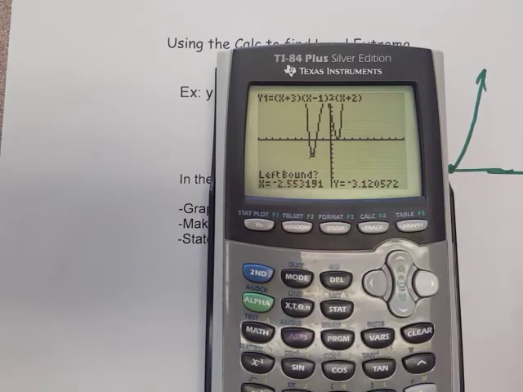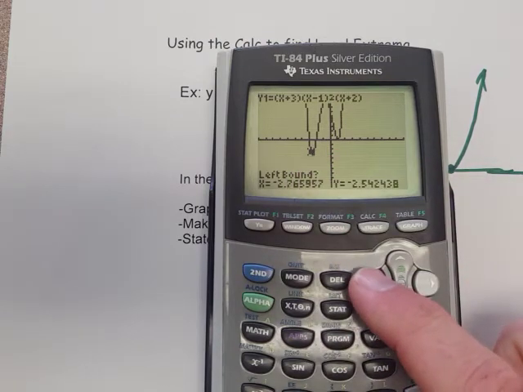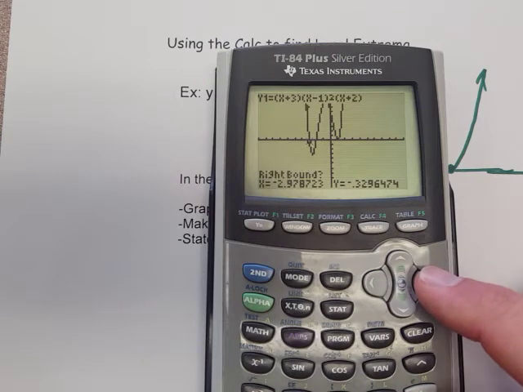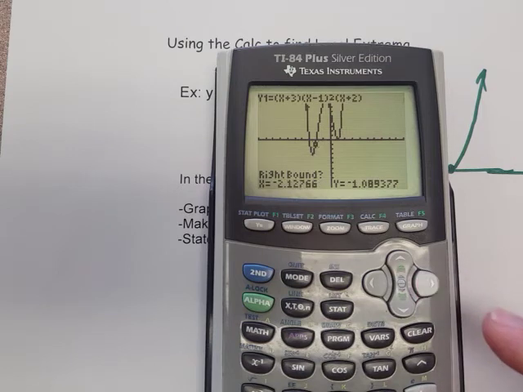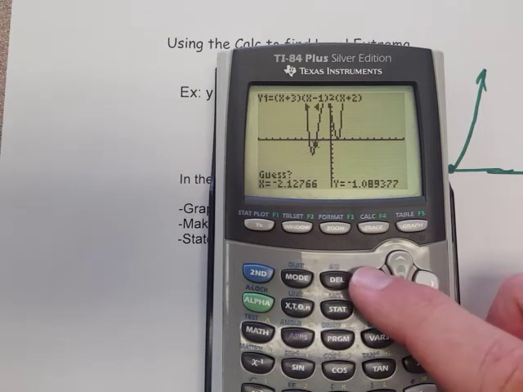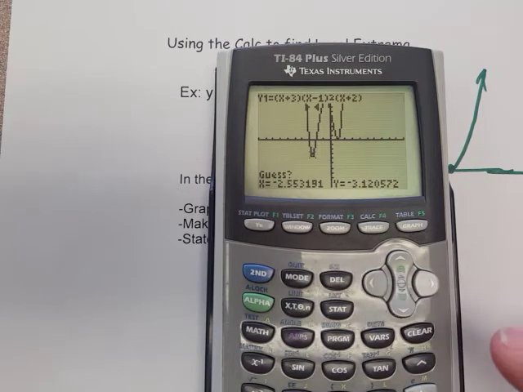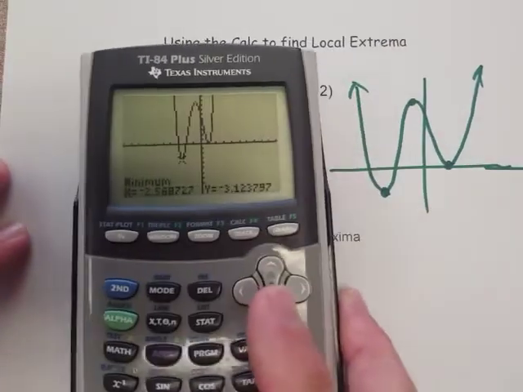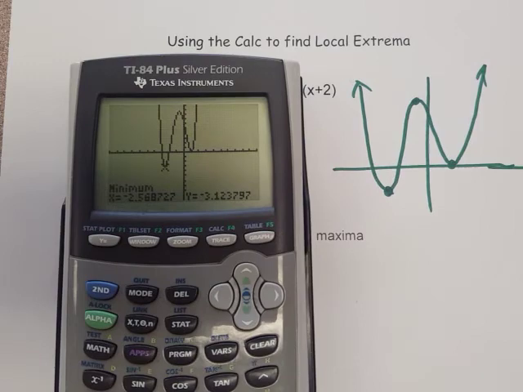Now it asks me for a left boundary. That means, looking at, assuming we're talking about that lowest point, I'm going to get just somewhere to the left of it, hit enter. Then it's going to ask for a right boundary, so I go back here. Okay, now just to the right of that middle, hit enter again. And then finally I'm going to make a guess, and I'm going to go as close to that point as I can. And it tells me, at least it approximates for me, the minimum of this function,